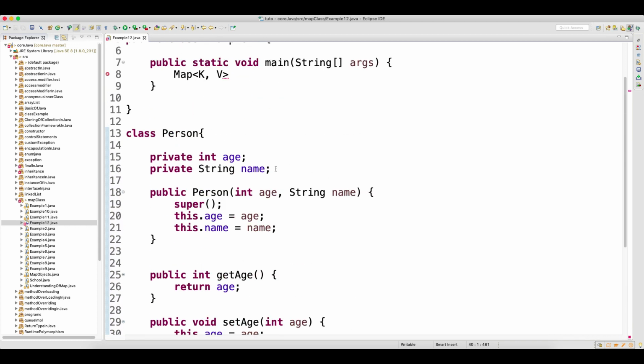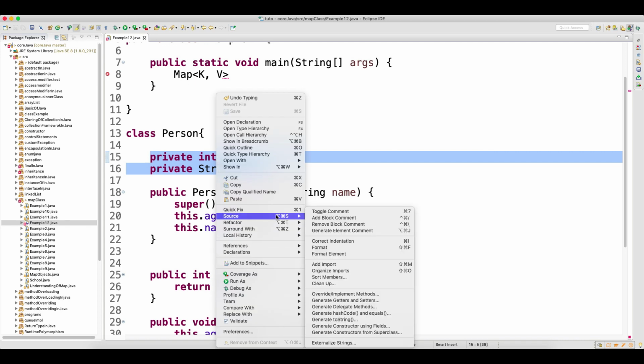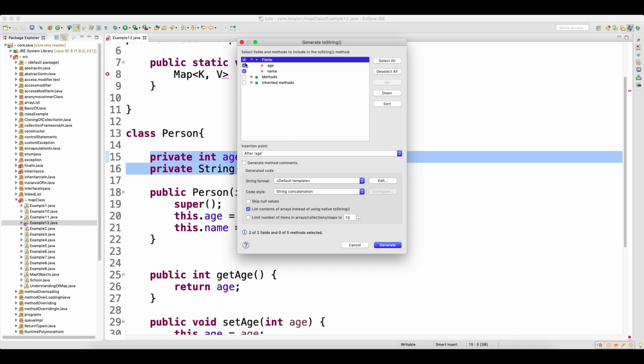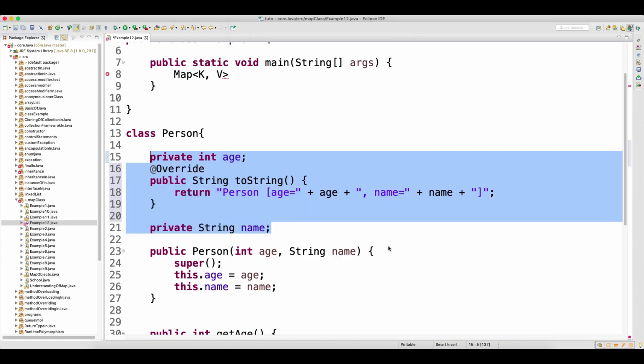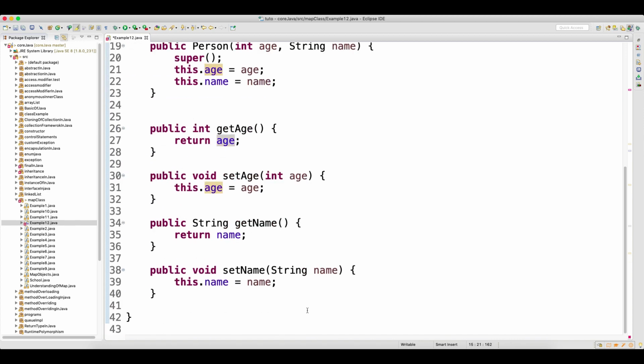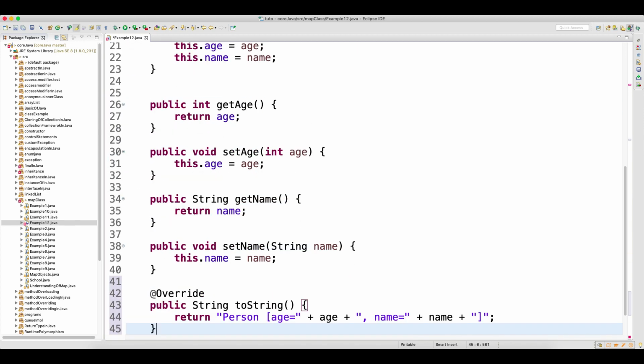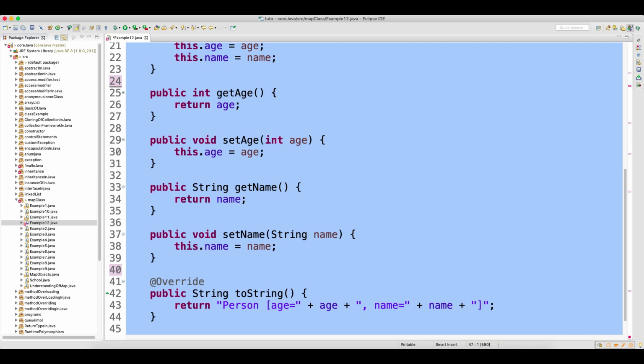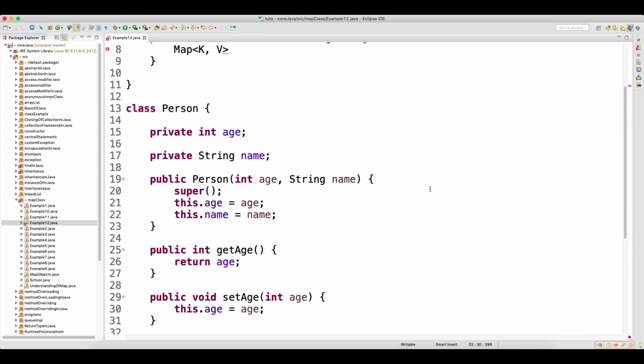okay, and then override the toString method because I would like to see what kind of data my object is storing. So override the toString method, because when you have a custom class and you try to print the object, it will print the address of the object. So we need to override the toString method which comes from the Object class. Select these two fields, click on generate. You can see that the toString method got generated here. Okay, so we are good with this custom class.